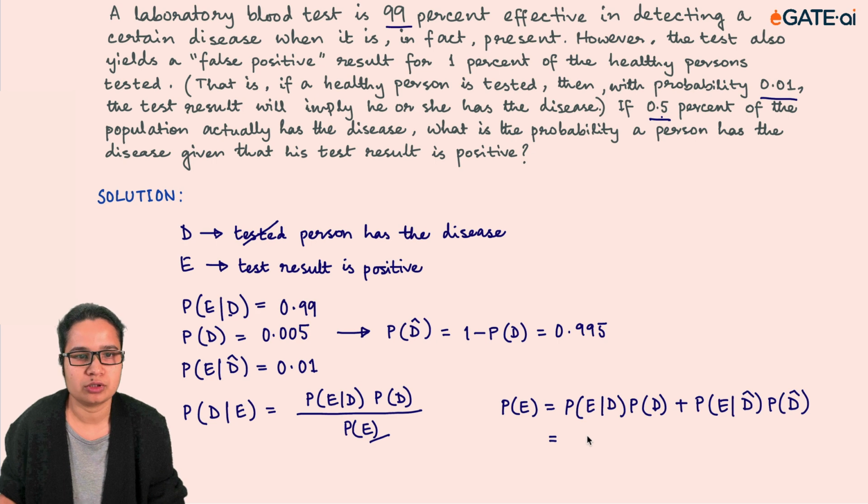Okay, so let's put down the values here to get probability of E. So probability of E given D, we already know that it's 0.99, and probability of D, that's 0.005, plus probability of E given D naught, so when the person does not have the disease, so the person is healthy, then the test result also comes as positive in 0.01